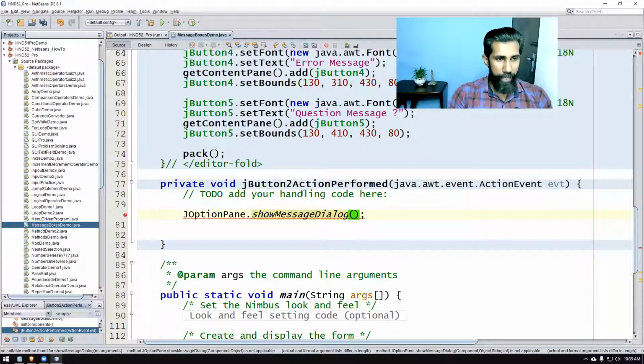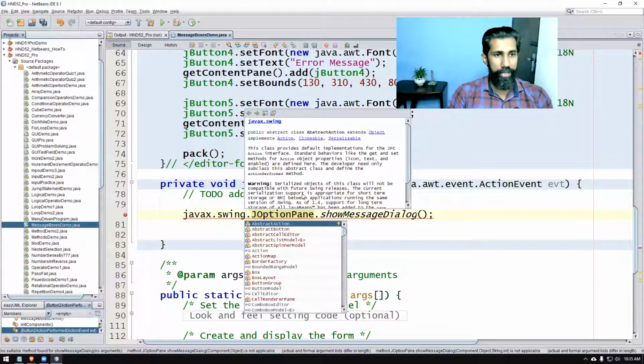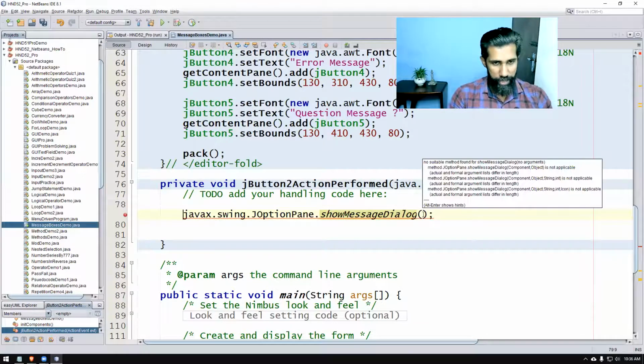JOptionPane comes from the javax.swing package. I can import this, so it is not giving an error. I will fix it once the code is done here.